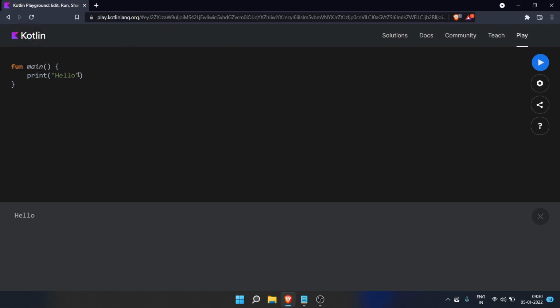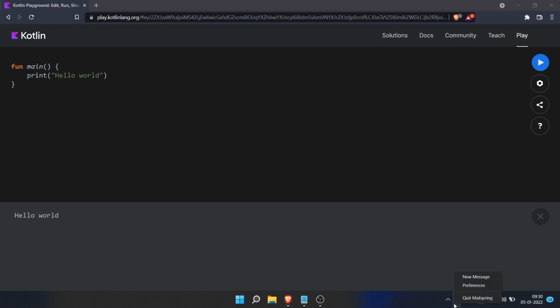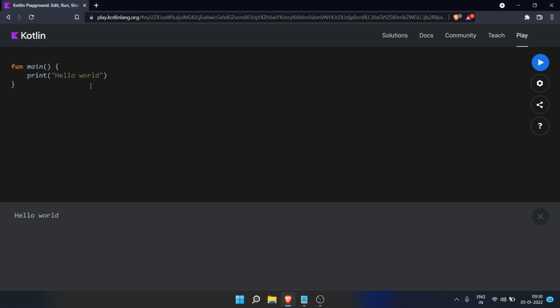If I write hello world, I will get hello world. So if I write print I am Kotlin and run this again, here you can see it is printing hello world, and later on it is printing I am Kotlin.